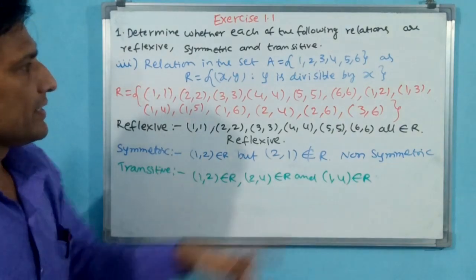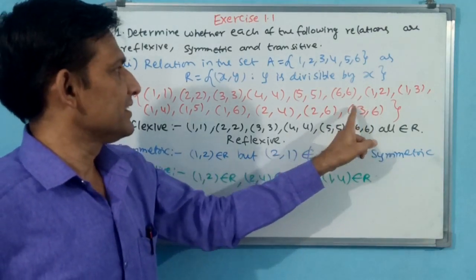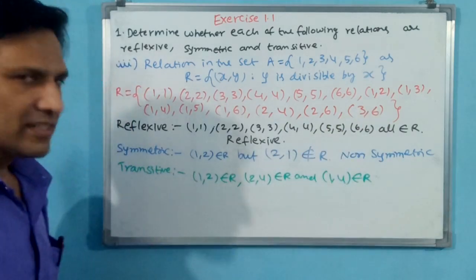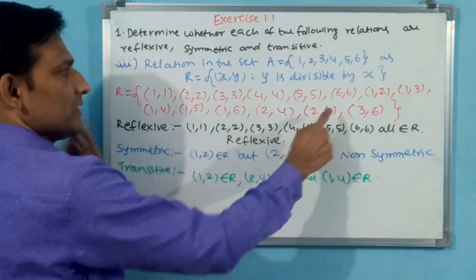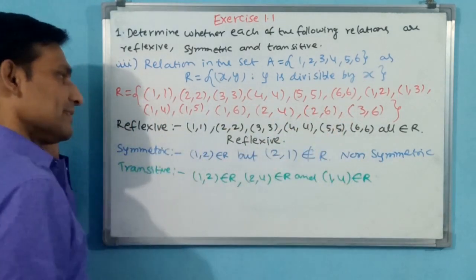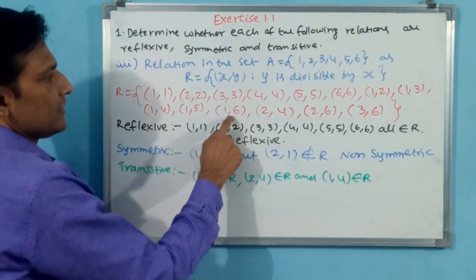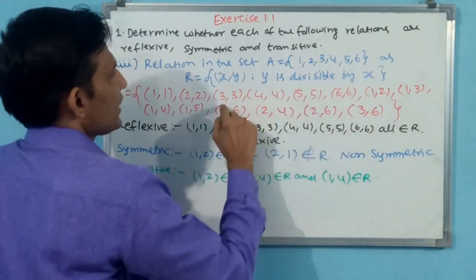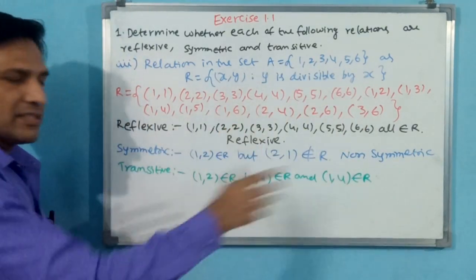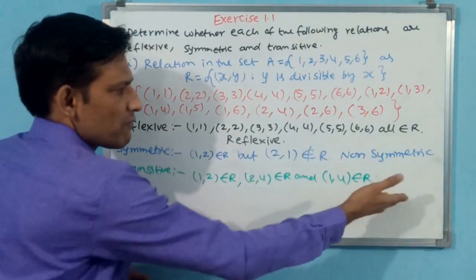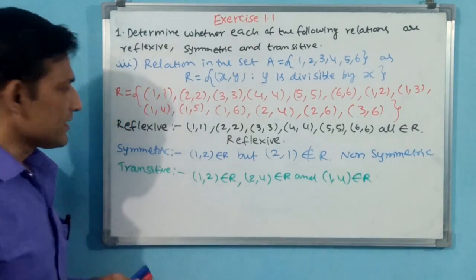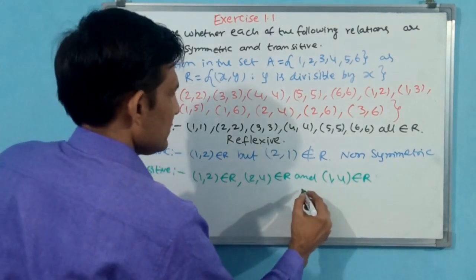Or else you can take it like this also. 3 to 6 is there, 6 to 6 is there, 3 to 6 again is there. Like that also you can see, but we will see with one only. 6 to 6 is there, yes. 1 to 6, yes, there. 1 to 6, 6 to 6, again 1 to 6, yes, there. That is why this is transitive. But you write only one and you write transitive.